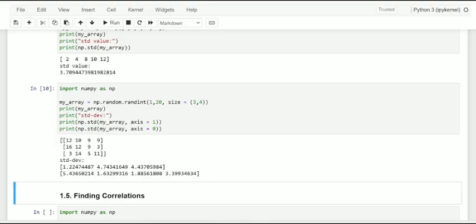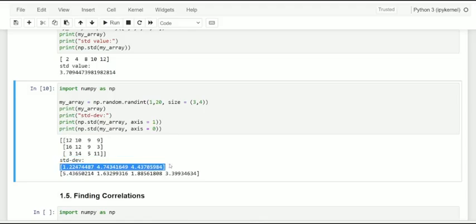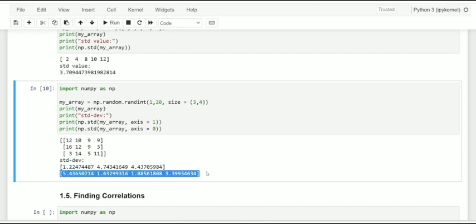See here, these are the values of the two-dimensional array, and here it is giving 3 values, that is across the column we get the standard deviation of them column wise, and here we get it row wise.